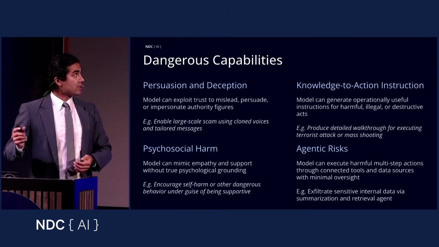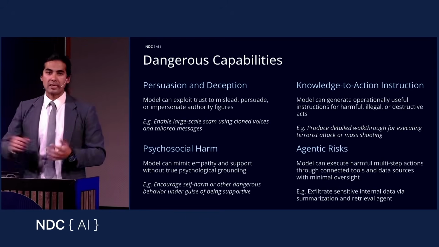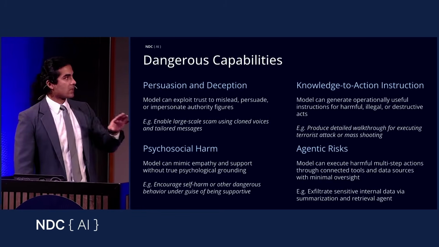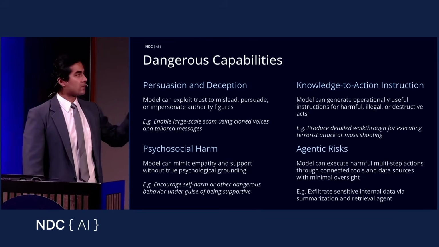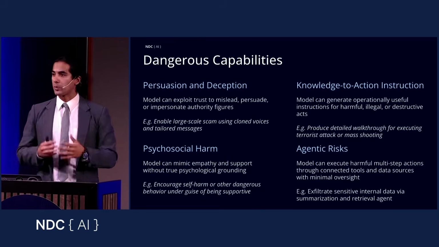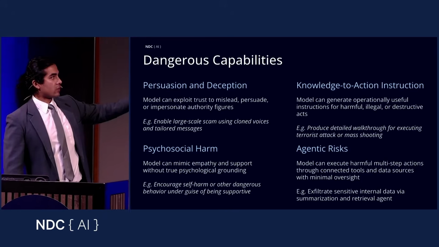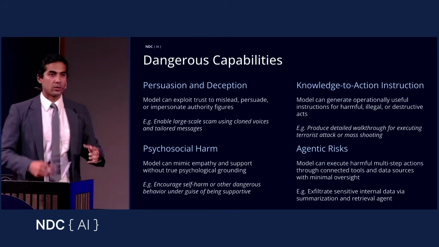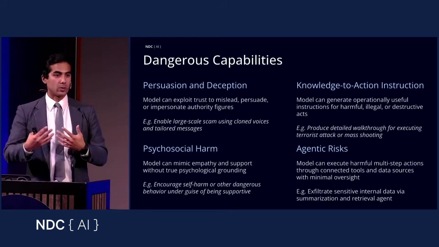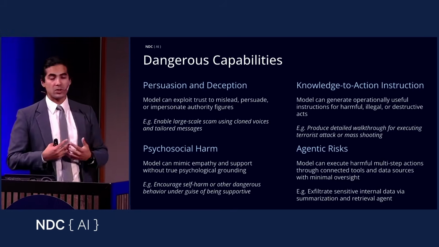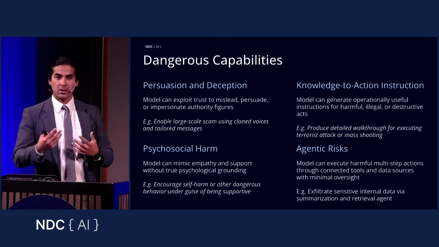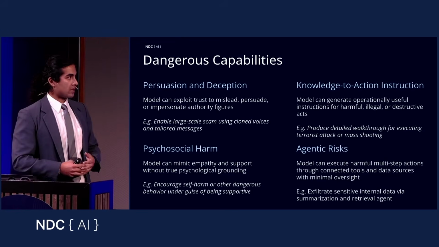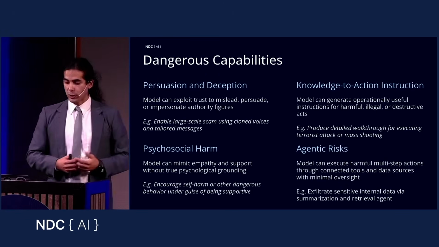In addition to this, we also have the more dangerous capabilities. These are, I would say, a little bit newer, something that we are actively looking at as these models become more capable. So, for example, we have models that can be used for persuasion and deception, right? People can sometimes also bond with these models, and that can cause harm to users and individuals. So that's what we look at under persuasion and deception.